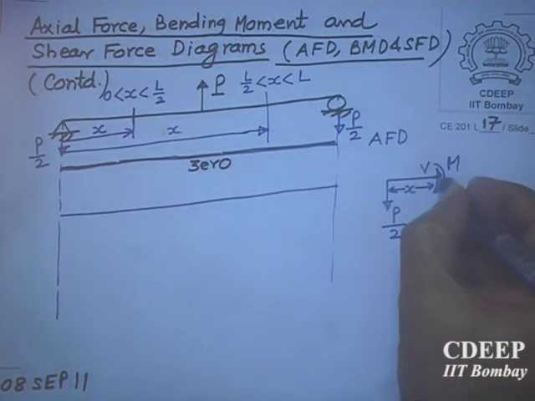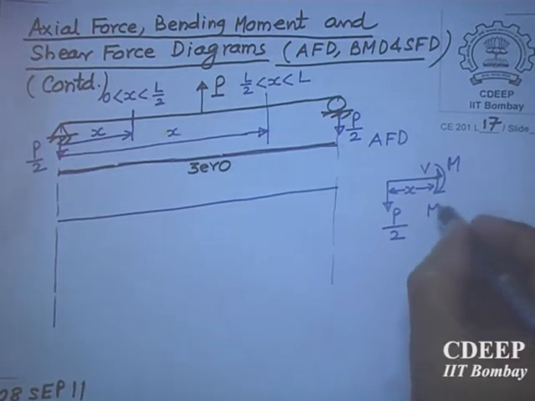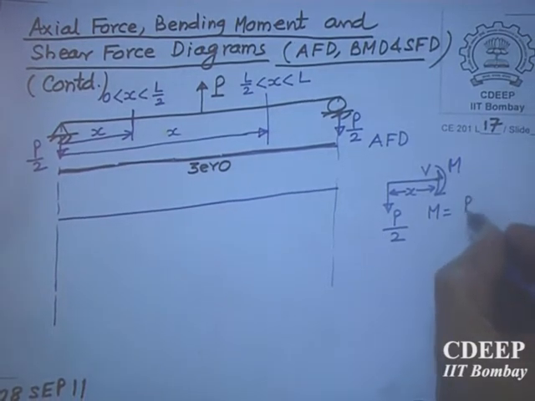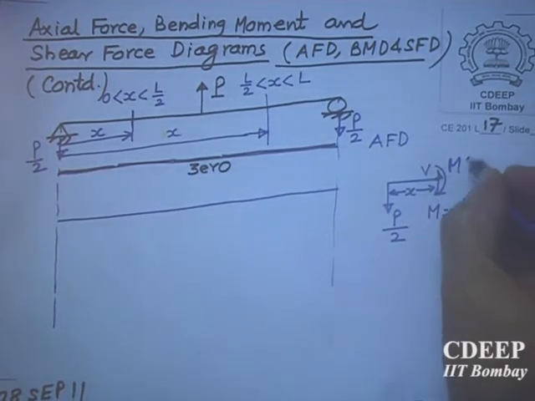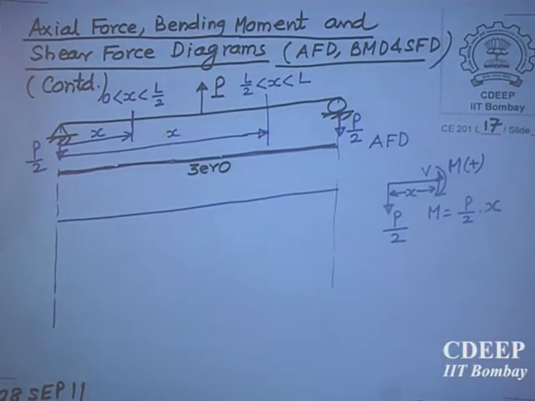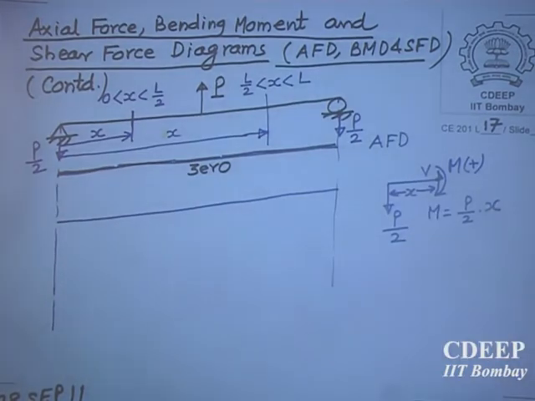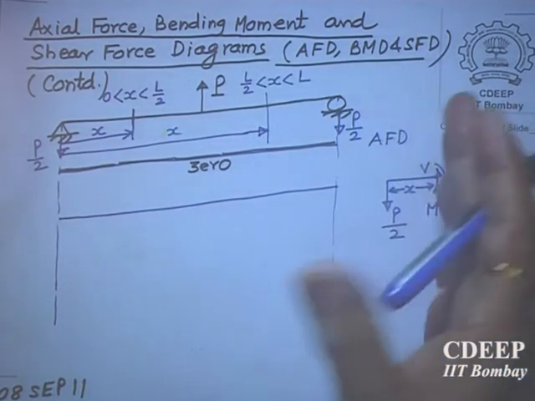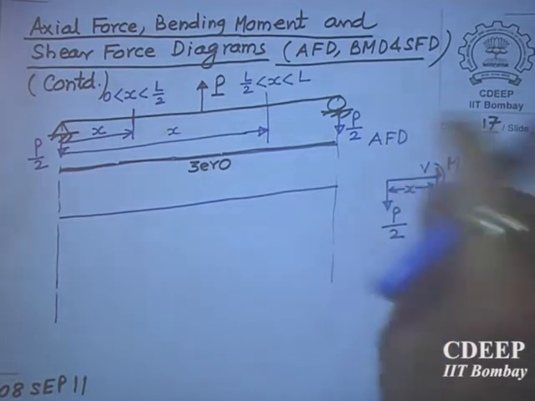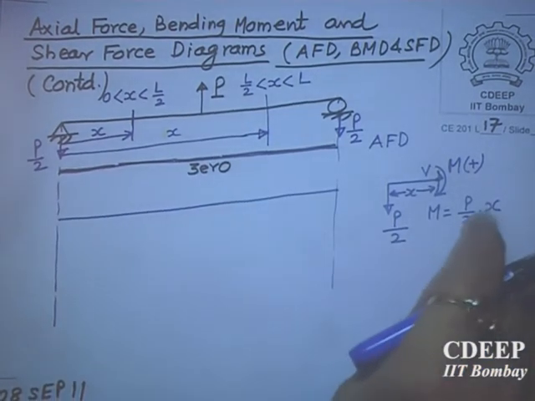So if you take moment about this, I get M equal to P by 2 into x. This is my positive bending moment as per my sign convention. In the book it is just the opposite. It makes no difference. I will now show you what is the meaning of this. Shear force is okay: shear force upward on the left face is positive in the book. But bending moment they have taken the other way positive in the Popov book. So whatever moment you get as plus here, it will be negative in the book.